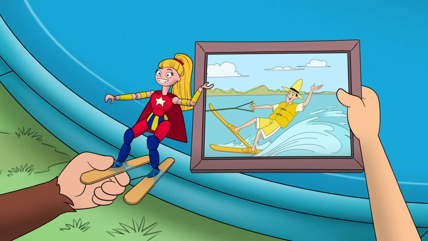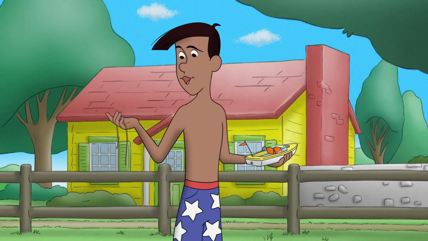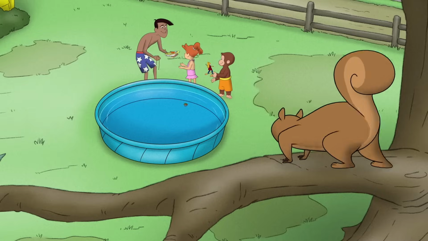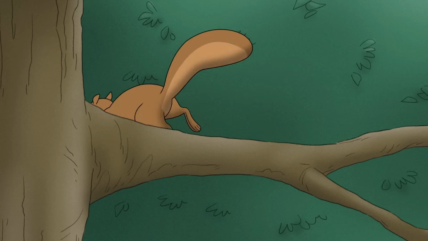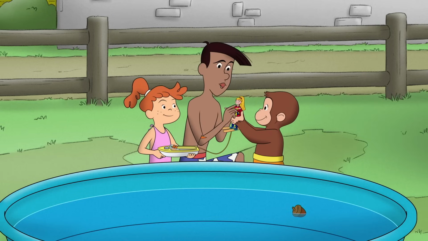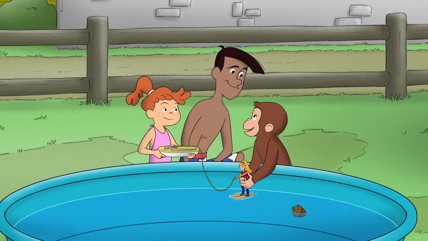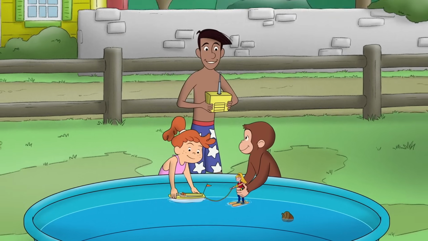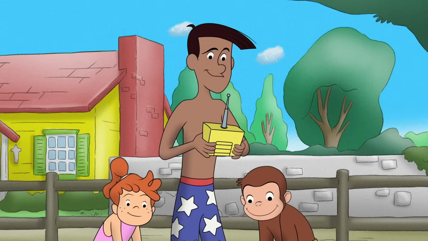Good info, Bill. She is a beginner. With a smaller skier, we can use a thinner tow rope, like the string I use for tying up papers. Here, you hold Super Kid just on top of the water. And you hold the boat and rope steady until it gets going. Ready? 1, 2,